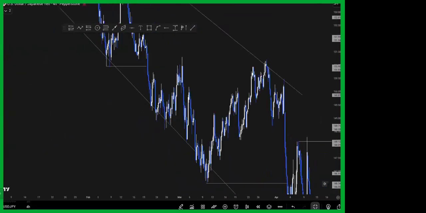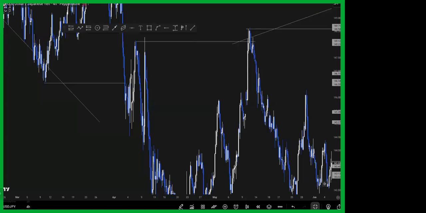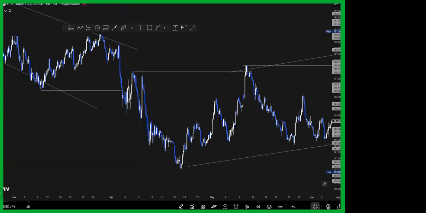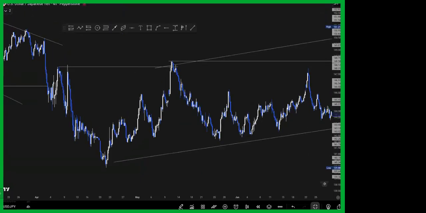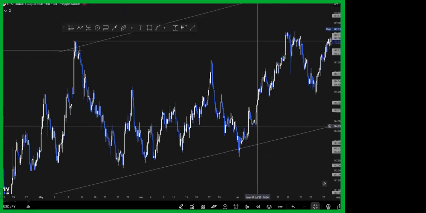Break of structure, until the market did what? Changed character and gave us a what? A market structure shift to the upside at this particular level. So this is our market structure shift, and then this is our break of structure. Now the reason why it pushed like this is because I drew it from the higher time frame, remember? That was the daily time frame.